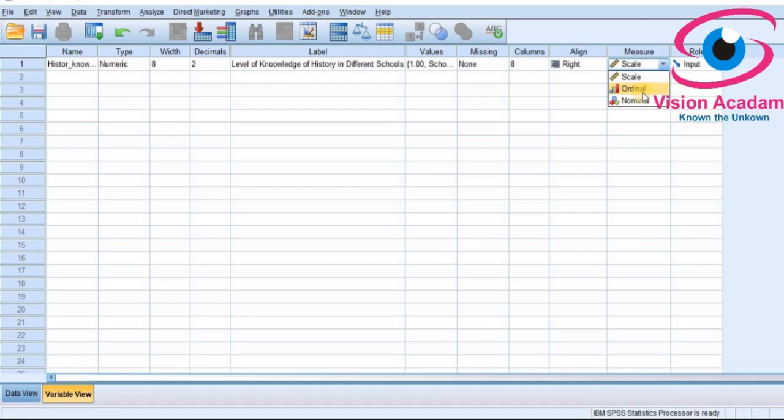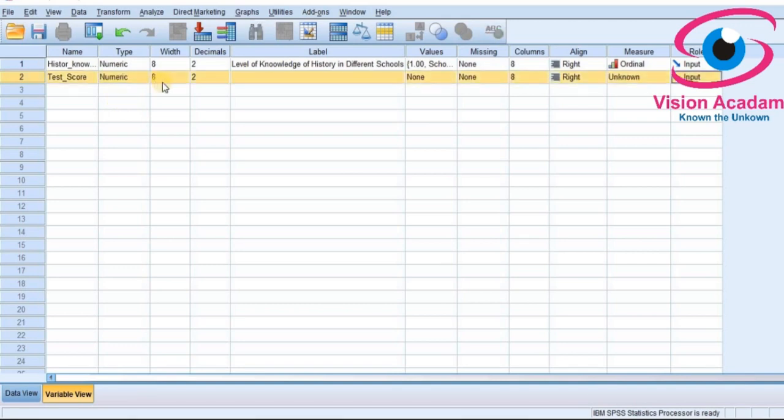We can categorize that. So I will select ordinal data, and now I will enter the test score of these 4 schools. For that, test score, and by default test score means test score of 4 different schools, and value I am not going to assign.